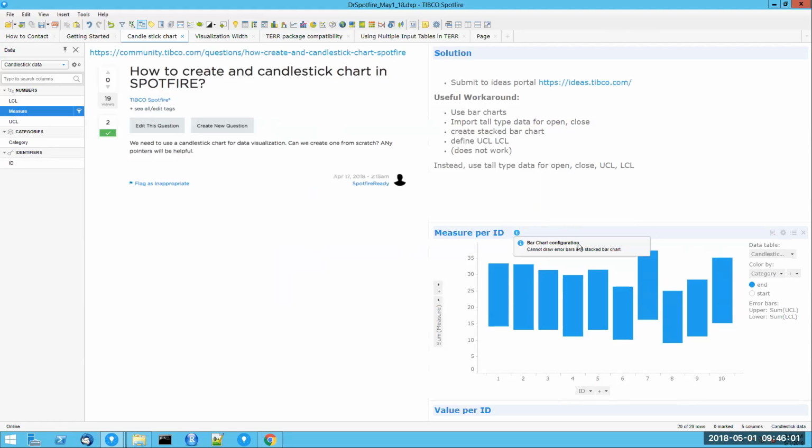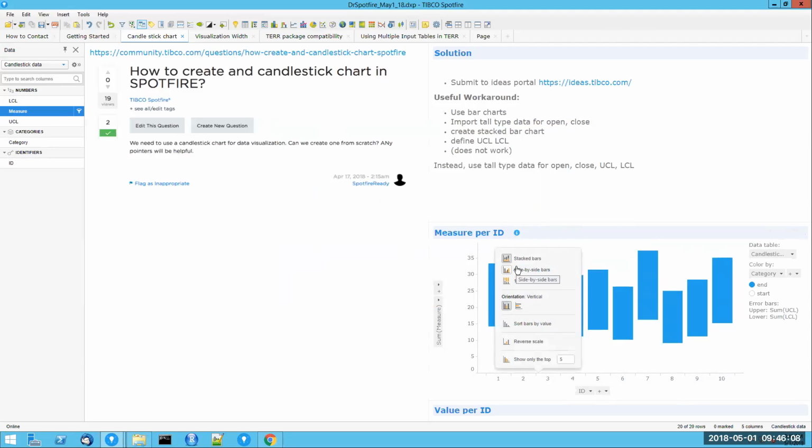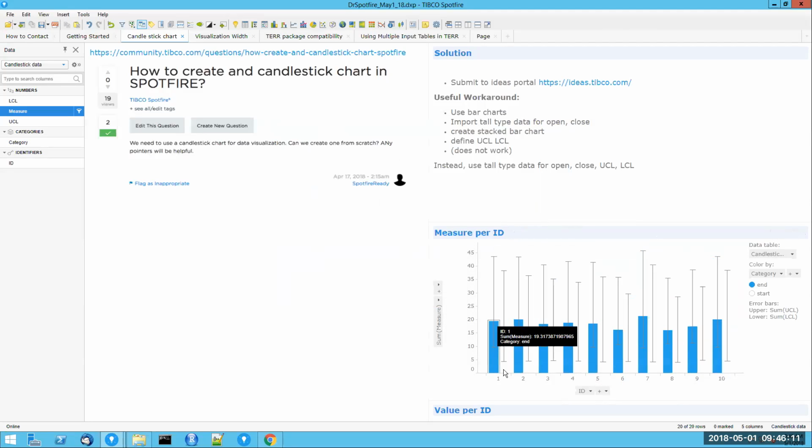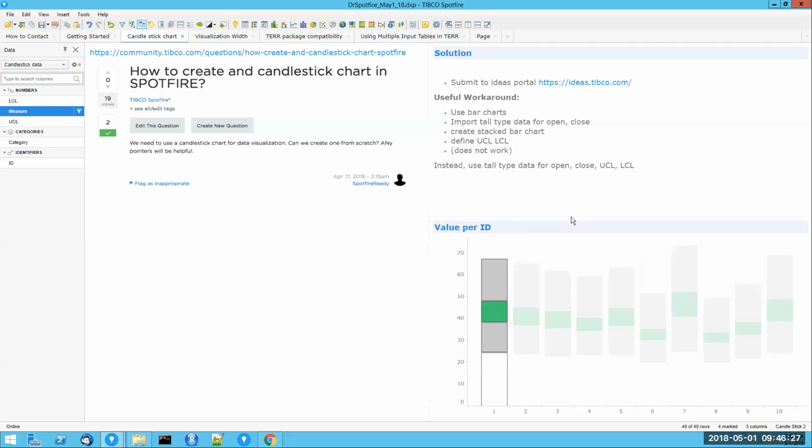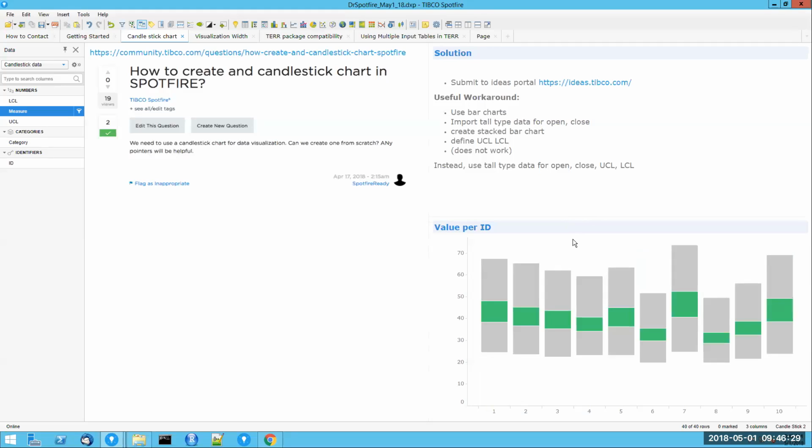And that's because you can't do an error bar on a stacked bar chart. But if I change it to a side-by-side bar chart, then I lose the start and end value that I had configured. So that's not quite what I was looking for. So this is something I've already submitted as an enhancement, but I just wanted to show you that there are multiple ways of doing the same thing in Spotfire, even though you might not always know which method is going